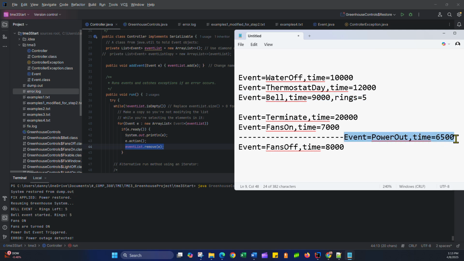But the power out event never got removed. So I'll stop the video here. I'm going to ultimately remove the power out event. Now, one of the probably easy and dirty ways to do it